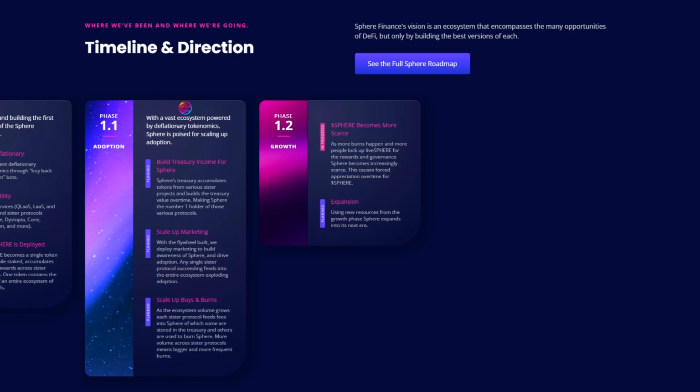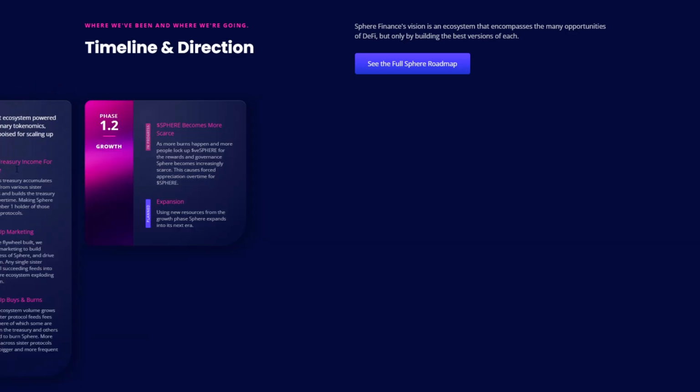This will include building the Sphere treasury from its ecosystem, making Sphere the #1 holder of these various protocols, scaling up marketing to build awareness of Sphere and to drive adoption, and scaling up buyback burning thanks to that growing ecosystem revenue. Finally, with all of that in place, Phase 1.2 introduces the growth phase, where as more burns occur